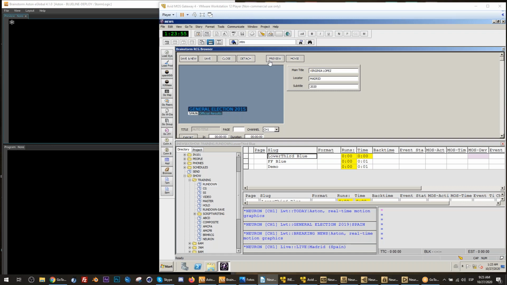Thanks. Okay, welcome. I'm going to explain what the different buttons mean. The first one, detach, is if you want to